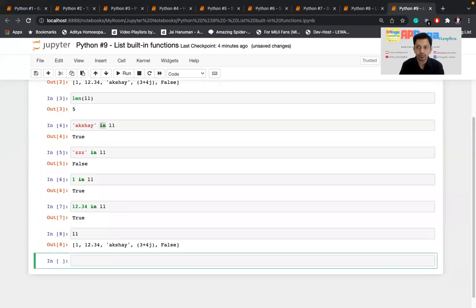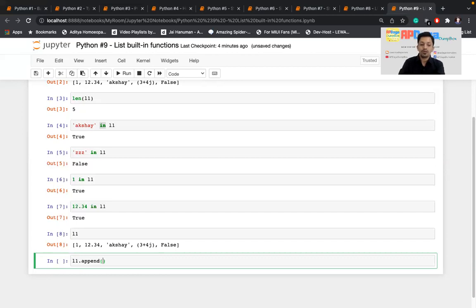Okay, let's move forward. You have created this list L1, and I have already told you a list is mutable. You can modify the list if you want. You can't modify a string, you have to create a new string each and every time. But with a list, you can modify your existing list. So there should be some functions using which you can modify the list. Let's say I want to add a new element at the end of the list. For that, there is a function that is nothing but append.